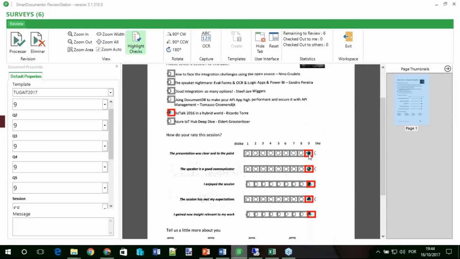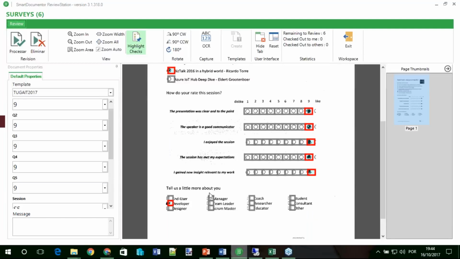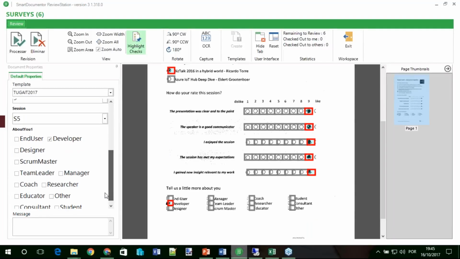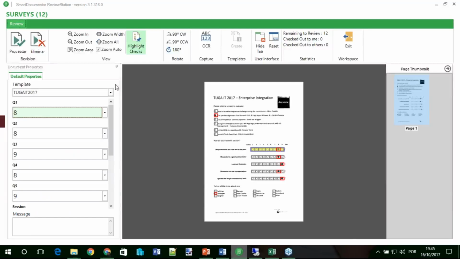So I have an easy way to look and see that highlights my OCR extraction, and everything is okay. I just say process, and this will be sent to a Logic App that does the rest. I will show you that soon. Again, it will pass to another one. Everything is okay. Next.